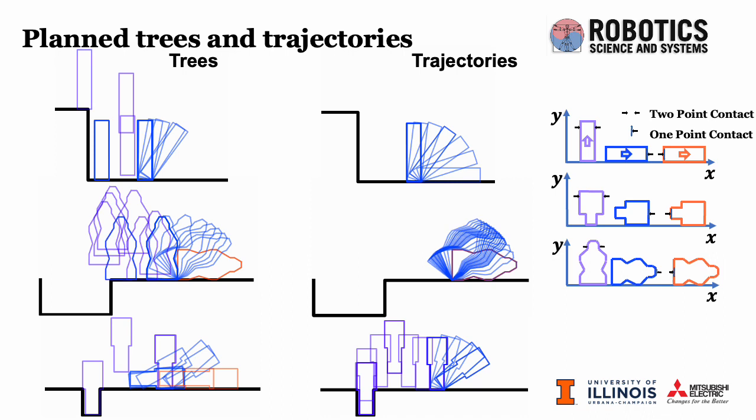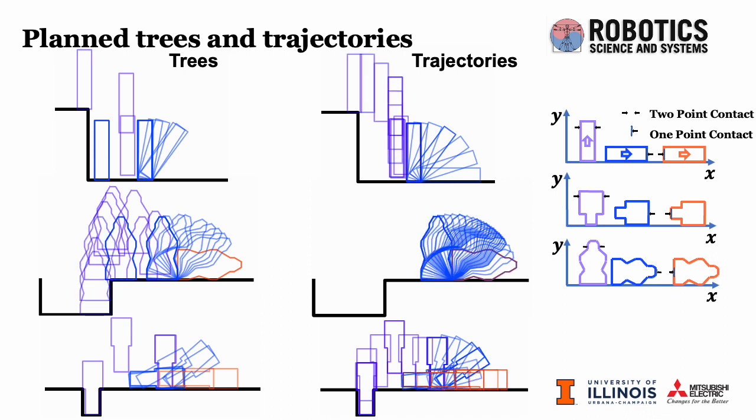Here we show some trees planned by the proposed planner, and the corresponding trajectories extracted from the trees. The color of the object represents its manipulator contact mode as shown in the red figure. The solution trajectories demonstrate that the planner discovers the change of manipulator contact mode from one-point contact to two-point contact or vice versa, and can switch from pivoting to grasping to sliding. The sampled tree illustrates that very few nodes are actually sampled, and the planner makes quite direct progress toward the goal.